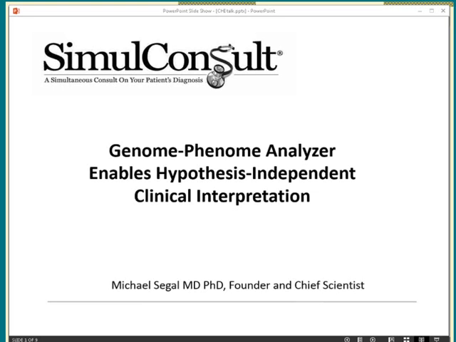Subject of Genome Phenome Analyzer, we all know what the genome is, and the phenome is the collection of phenotypes that a patient can have, and a phenotype is not just the name of a disease. A phenotype is a whole collection of findings. So the Genome Phenome Analyzer puts together the genetic information, the phenotypic information, and comes up with advice on the